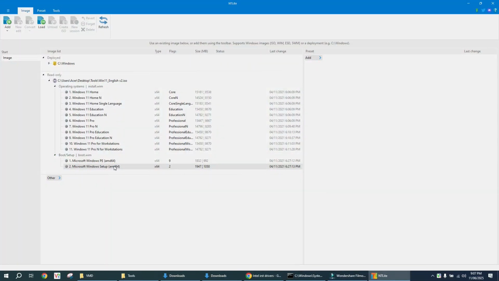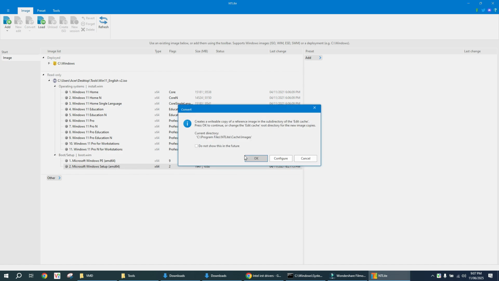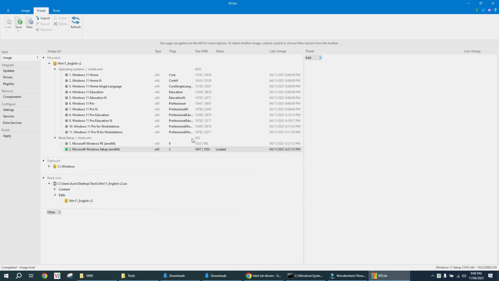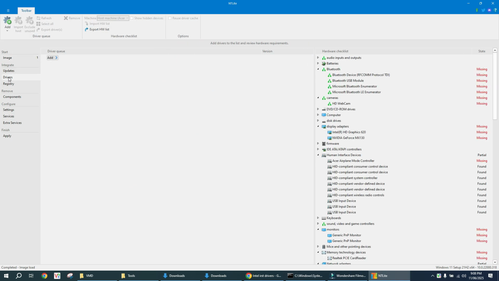So first we need to load this one, Windows Setup. Once it is fully loaded, it will give you a green dot, and then you need to go to the driver section and add